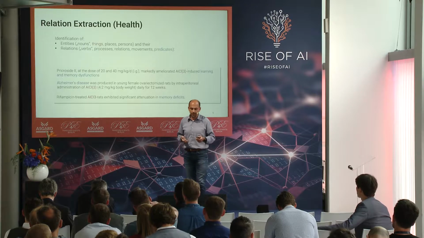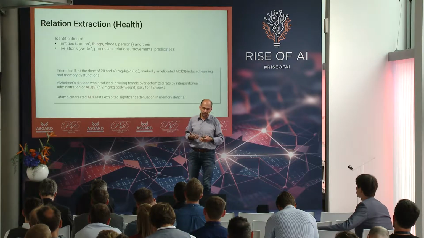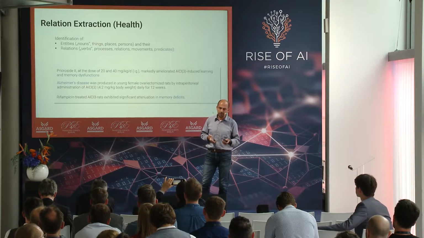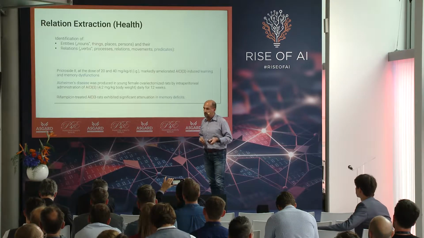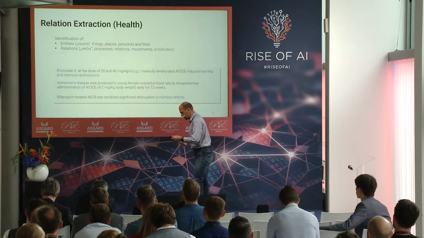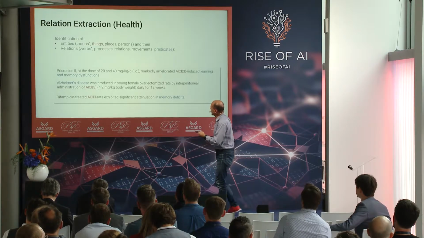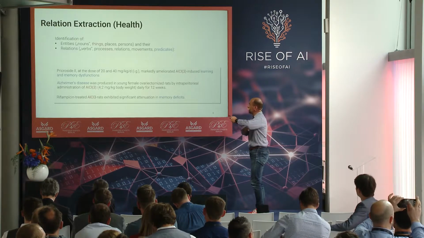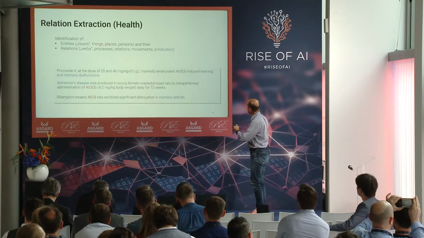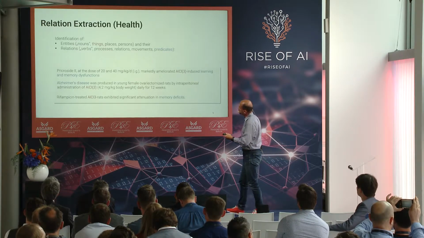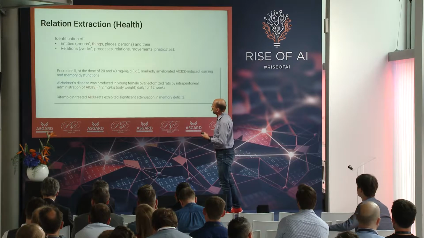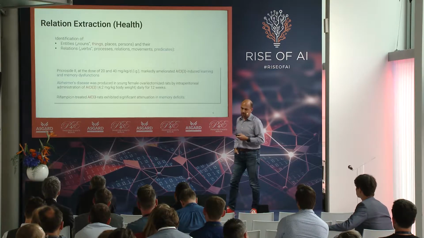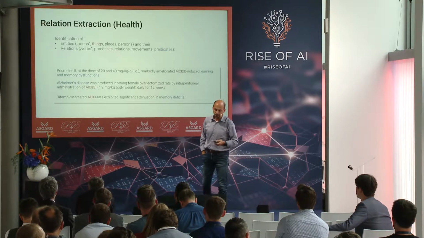So what we do is we understand text very deeply. For example, here you see how we understand medical publications. So the machine was understanding that, here is a laser, is really understanding that aluminum chloride, which you have in your antiperspirants, is inducing learning and memory dysfunctions, which is classified as a disease, like Alzheimer's disease. So it's really understanding a pretty complex sentence in a publication.